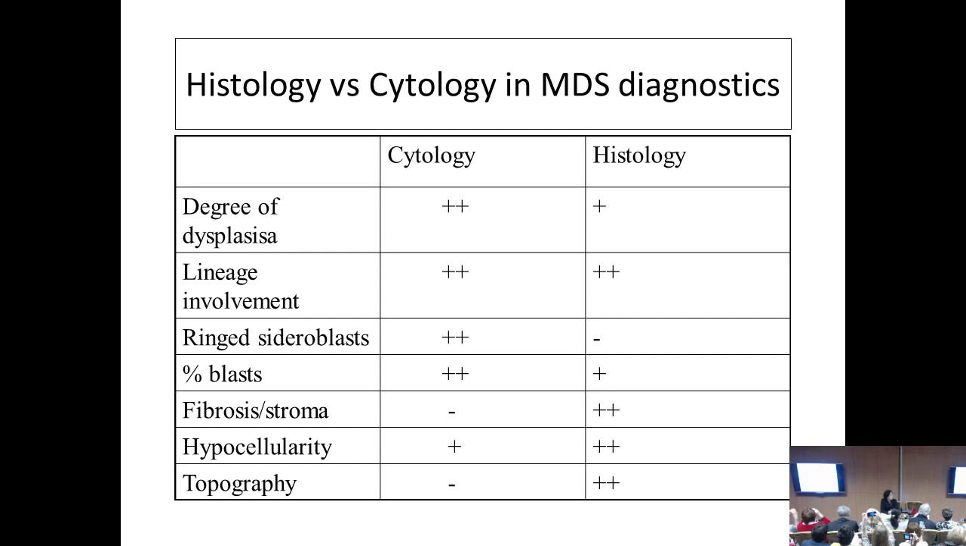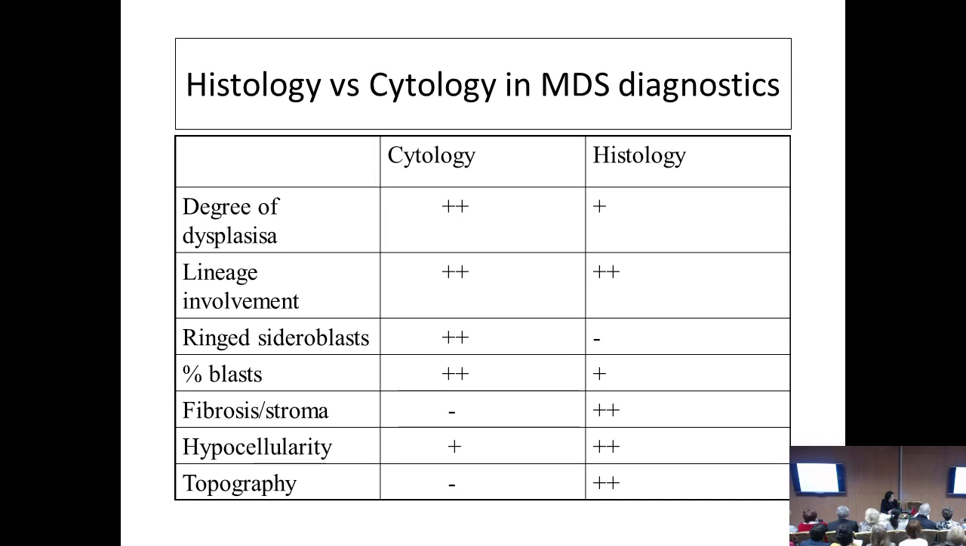And we have two sources where to make morphologic diagnosis. The one is cytology, the other is histology, and both have their advantages and disadvantages. For example, cytology is not able to give us information on disturbed topography, and cytology is not so good in determining the cellularity, and hypocellularity, meaning less cells than normal, is a negative prognostic marker in